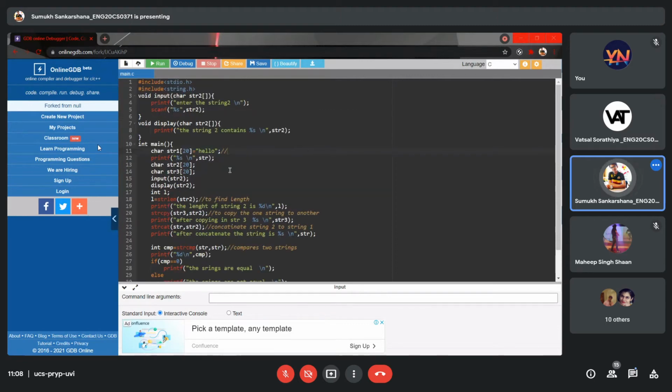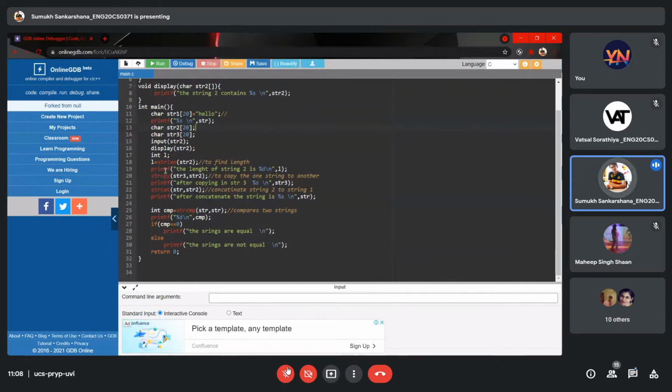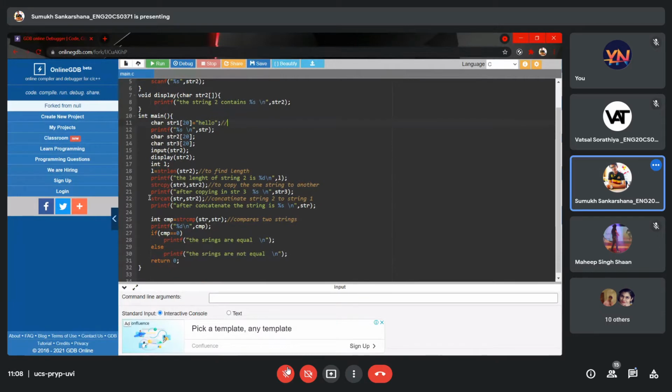So, guys, you know what we did in the last class, that is yesterday. We got a brief idea of strings, and we used different library functions like string copy, string length, string concat and string compare. Now I'll revise what exactly a string is, and then we'll move on to how string copy, string concat, and string compare are done in the library functions, like what exactly happens when you send values inside the function.